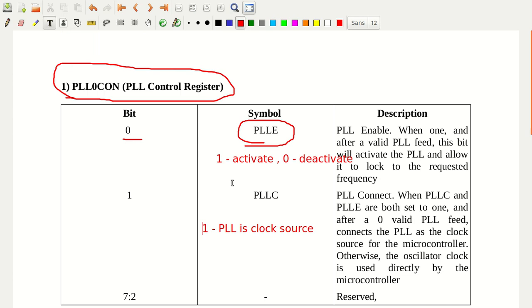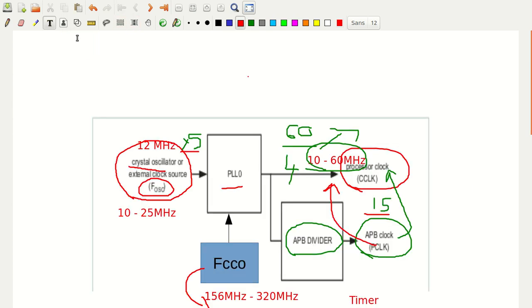Here, when we looked into this, whatever we get here becomes the multiplication, and this becomes your clock source. If it is not connected, if it should be multiplied and connected, then the crystal oscillator directly becomes your clock frequency for the microcontroller.